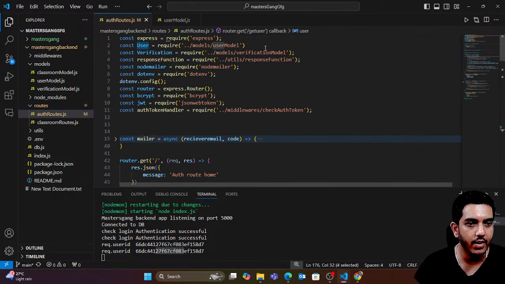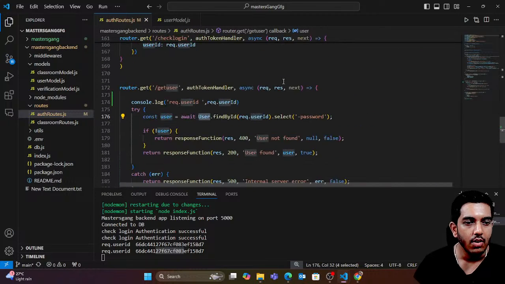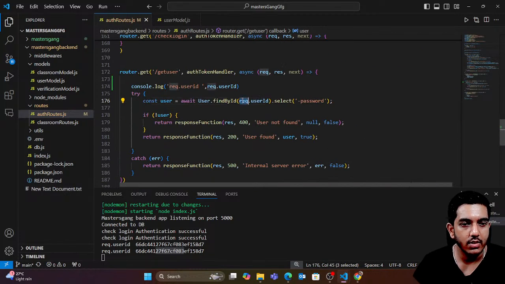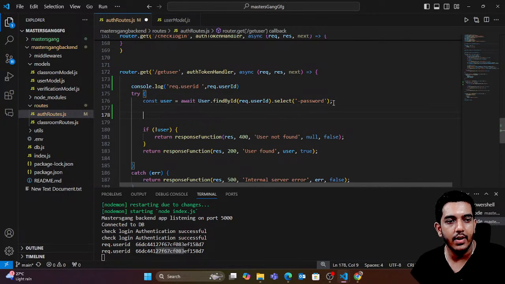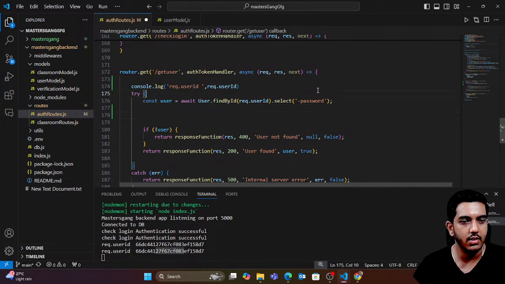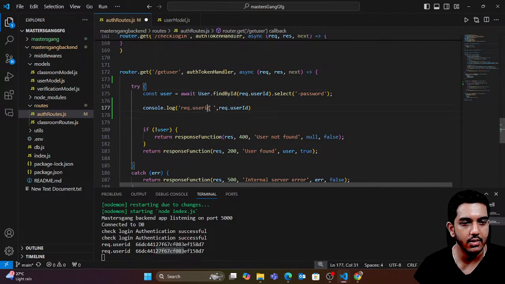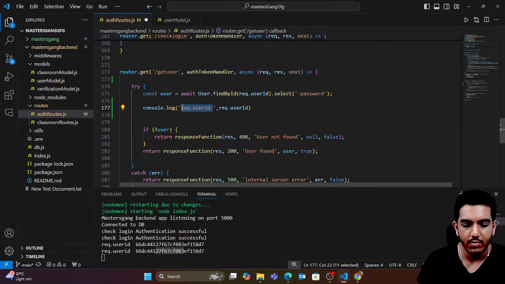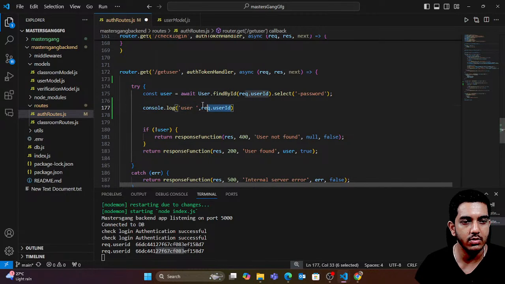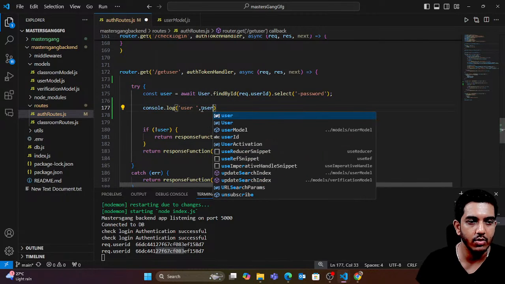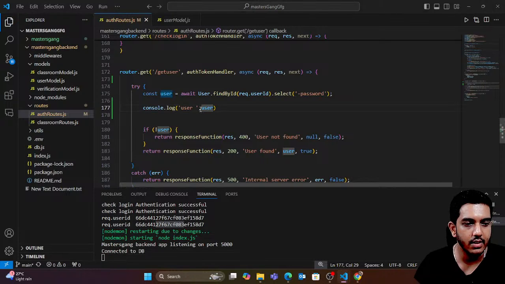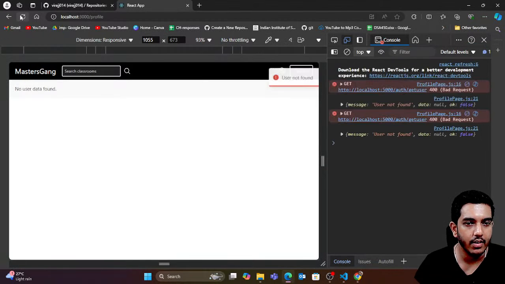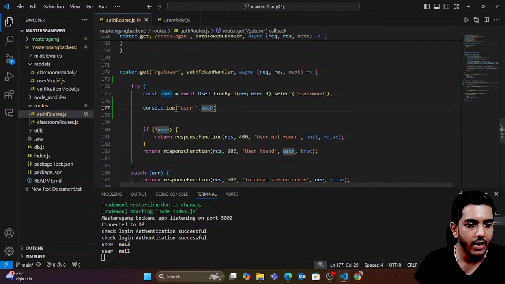You can see it's defined at the top. This is fine. We are simply trying to find the user by user ID. Okay, so let's try to print this user. I'm just going to cut this part now. Actually there is some issue with this API, nothing else. So I'm going to go here. Let me type user. Let's print user. If I save this,